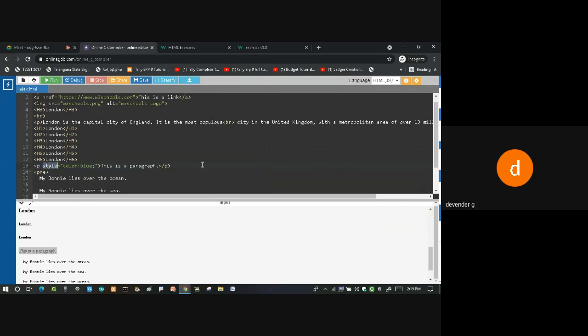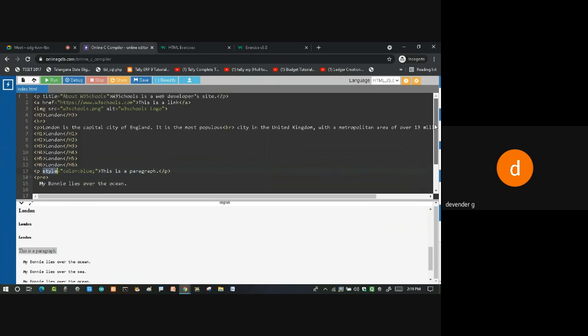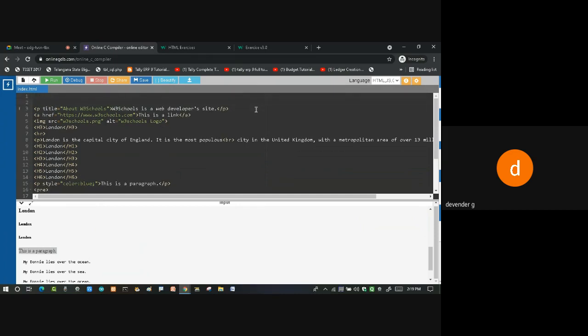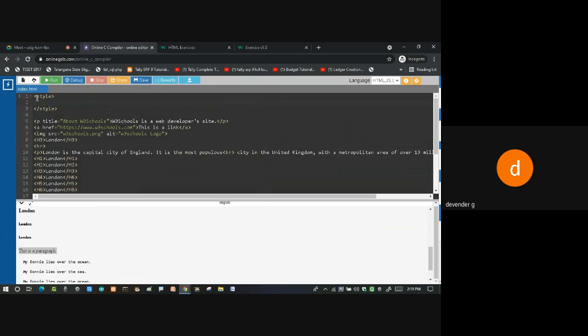Suppose I want this to be internal. What I'll do is go to the top of the screen and use something called the style tag. You have to remember this. When I'm writing the style tag in this fashion, this becomes the internal style sheet. That is, you are going to apply it to your entire body. You'll make your hairstyle, put on lipstick, eyebrows, earrings, wear glasses, all these things. From top to bottom you want to make it. Then that is called an internal style sheet.